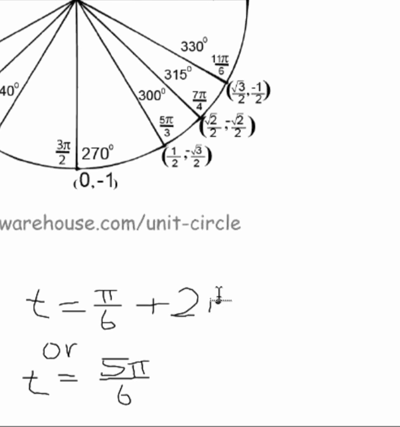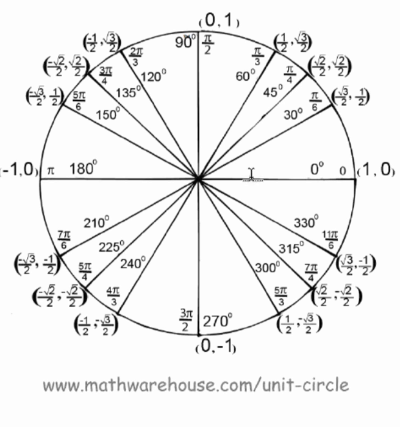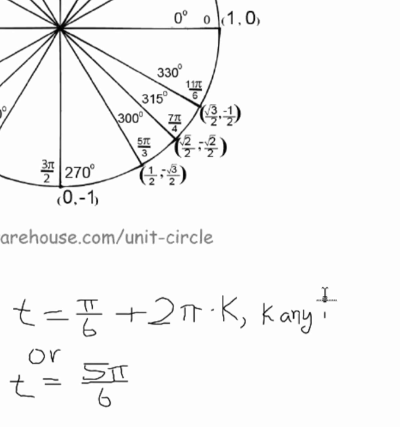You say, all right, 2 pi, that's going around once, but I want to go around any integer number of times. I want 2 pi times an integer. So we use the letter k and just spell out, tell people, hey, k is any integer you want. Could be 0, then you're landing on plain old pi over 6. Could be 1, then it's 2 pi plus pi over 6. Could be negative 3, then it's negative 6 pi, negative 6 pi plus pi over 6. So k, any integer